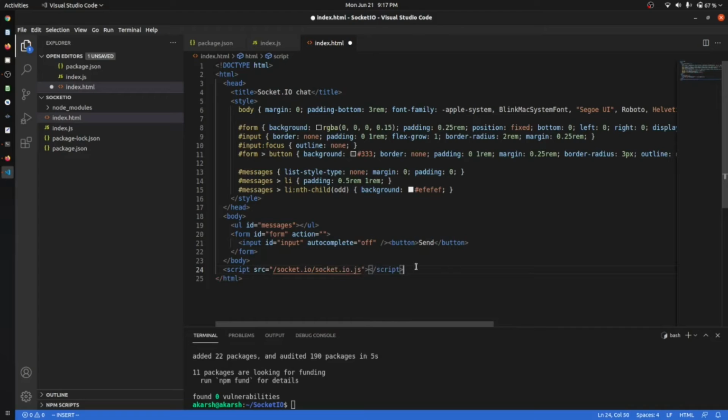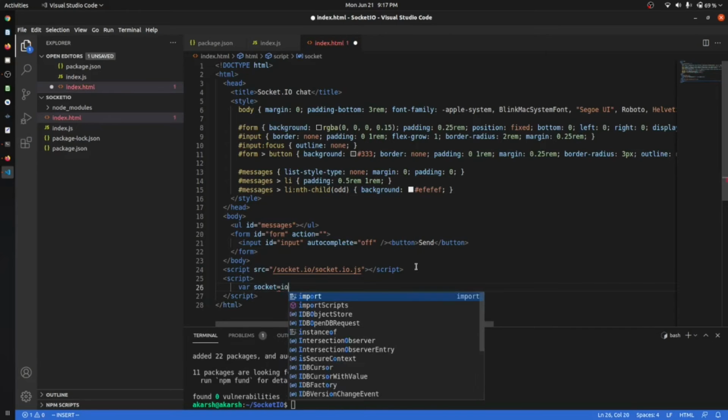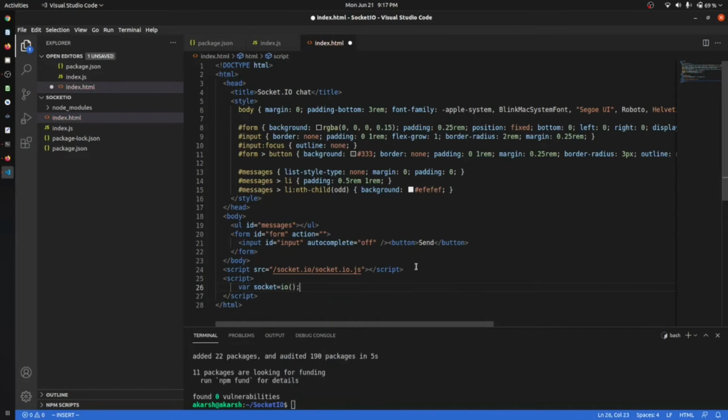Now we will add another script and say var socket is equal to io. Let's save it.